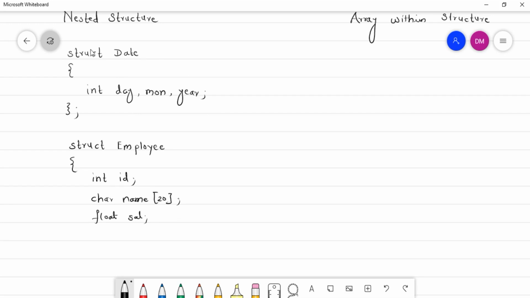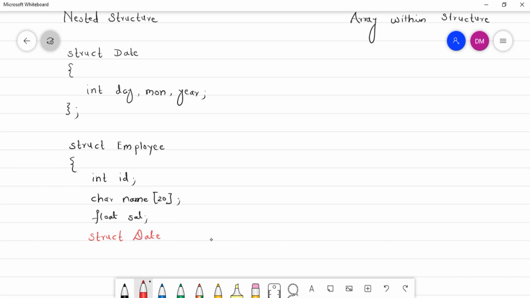So let us declare it. Now how do you declare the structure variable? You write the struct keyword, then your data type name, that is date in this case, and then whatever variable name you want to give. So here I'll say, let us highlight it with a red color, struct date.